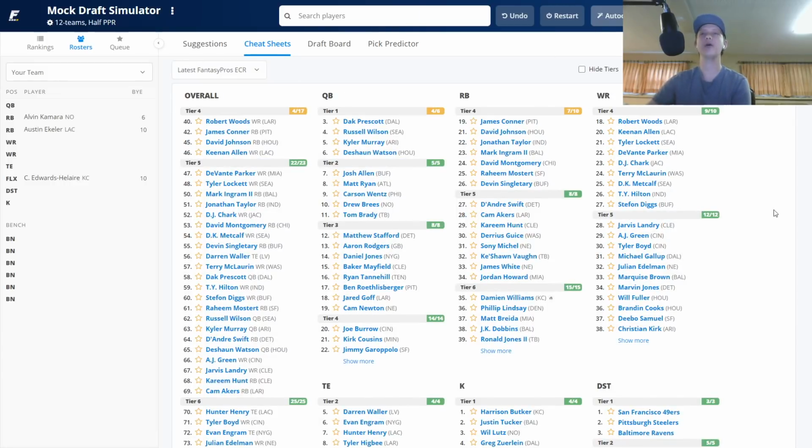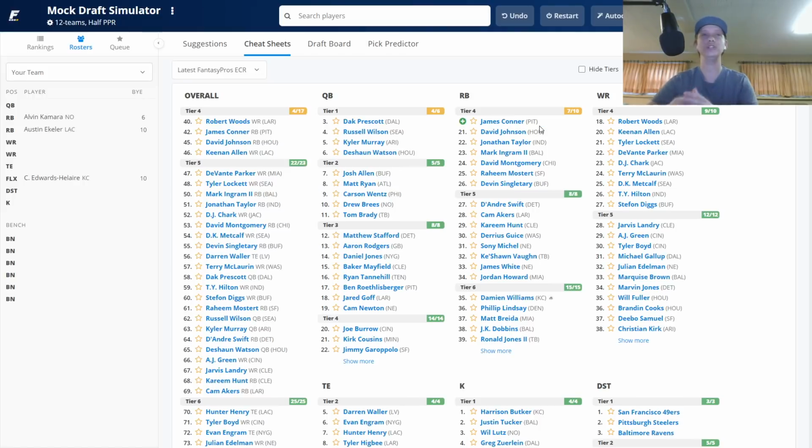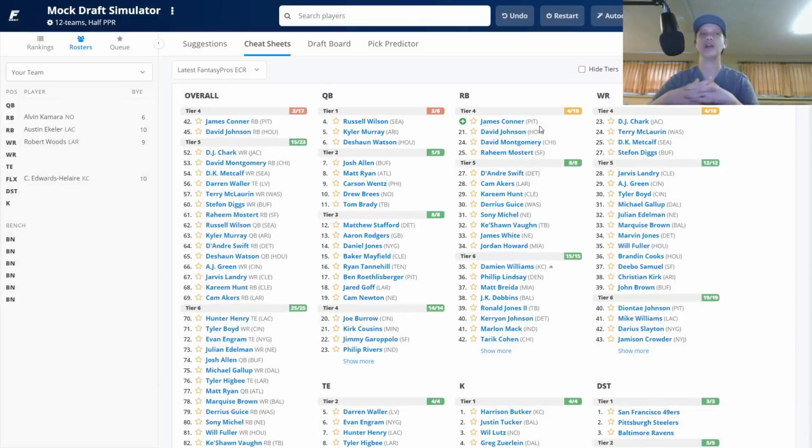So now we're going to go ahead and be attacking the wide receiver position. I just talked about the guy that I actually want here, and that's Robert Woods. I believe he has top 12 potential. We saw down the stretch last season, Robert Woods was absolutely eviscerating defenses. I think we see a similar look to Robert Woods this season in 2020. I think he really steps up and plays even better than we saw last year, especially now with Brandon Cooks